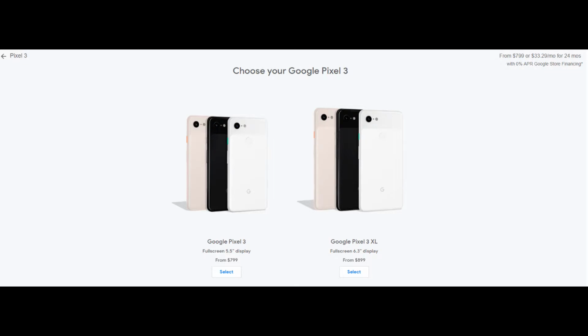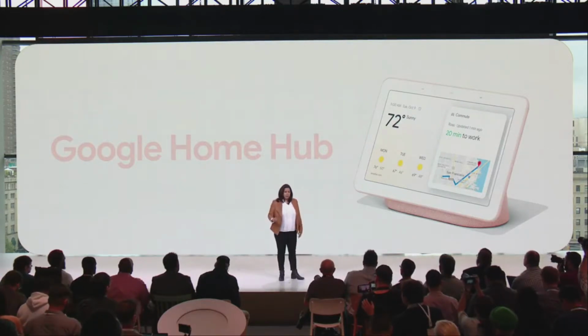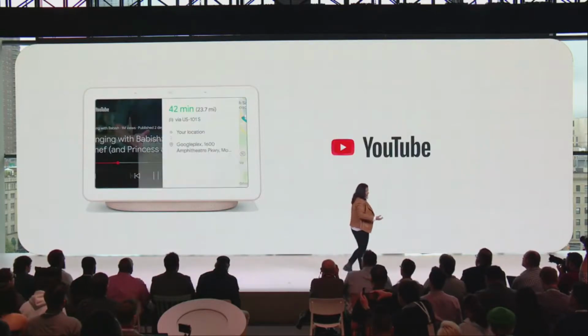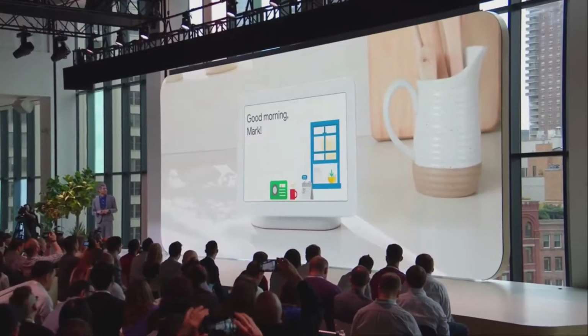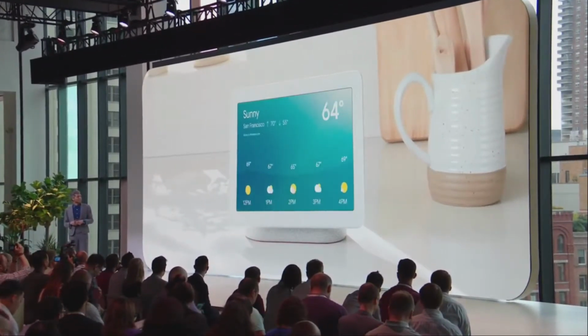The XL version will start at $899 for 64 and $999 for 128GB. Now, let's move on to the Google Home Hub. The Home Hub is Google's smart screen for your home. It is a complementary device to Google's other home devices. You will be able to check your calendar, look up recipes, watch videos, control your home, and more using the